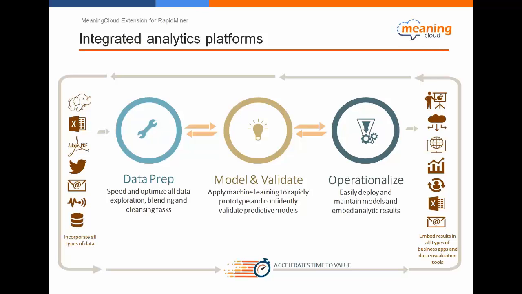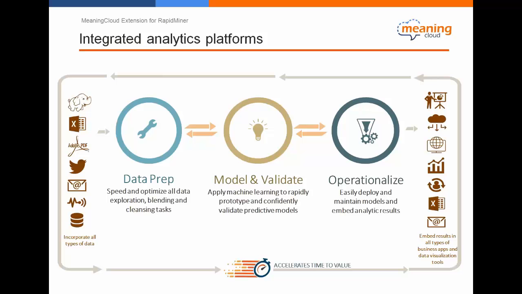And finally, when your models are ready, we need to what we call operationalize them, which means to deploy the model and to maintain the models so that they can be used and embedded in different applications, systems, business processes to inform our decisions or improve our processes, for example.